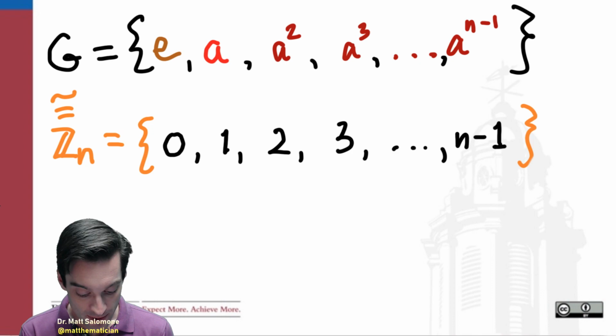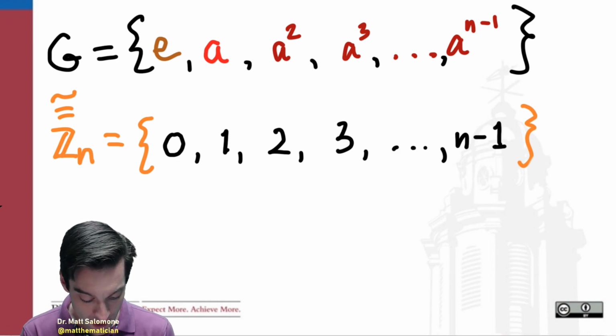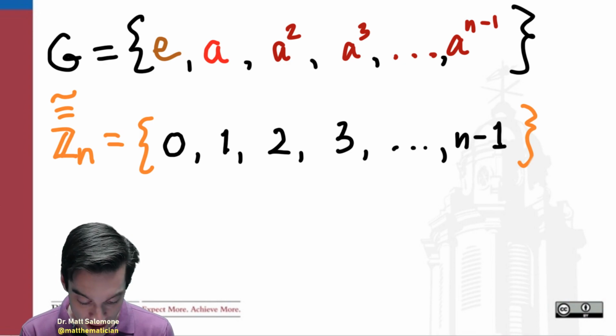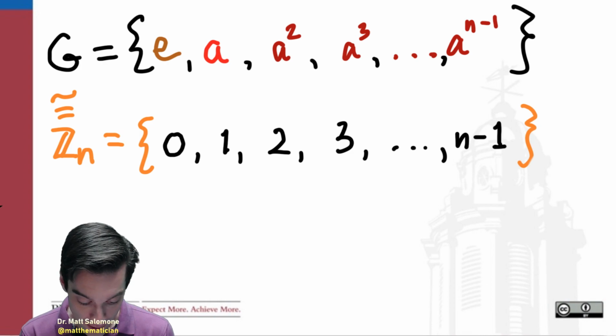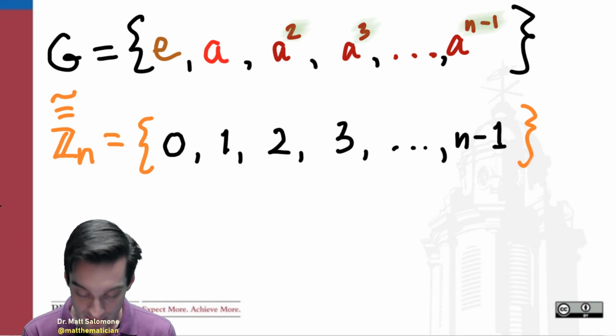And so the question that we're asking is, why are these two algebraic structures the same? Why is there an isomorphism from one of these to the other? And as you might expect, the way that I've listed the elements here kind of gives away the game. If you look at the similarities between these two lists of elements, what I notice, to my trained mathematical eye, and your trained mathematical eye is probably noticing the same thing, is that the exponents that I have up here on my generator and the integers that I have down here in my additive group mod n,